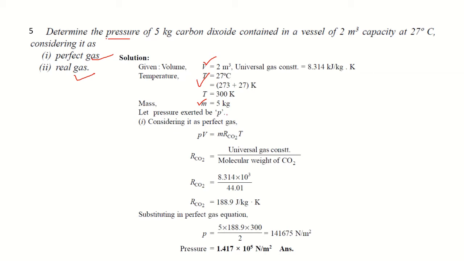Okay. So let us find out the pressure exerted, P. But the gas that is given is carbon dioxide. So PV is equal to mRT. Since it is carbon dioxide, I should write R_CO2. Find out R_CO2, that is universal gas constant by molecular weight of carbon dioxide. Carbon dioxide is 12 plus 32, 44. That is fine. You have got R_CO2. That R_CO2 value you substitute in that equation. You will be getting the pressure